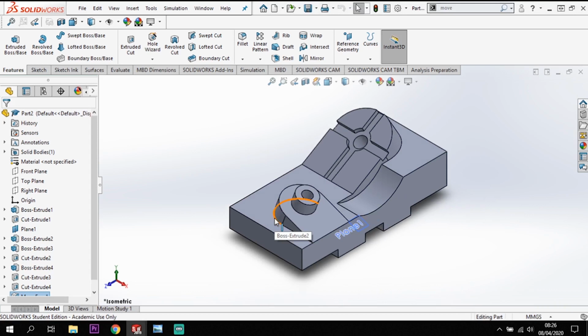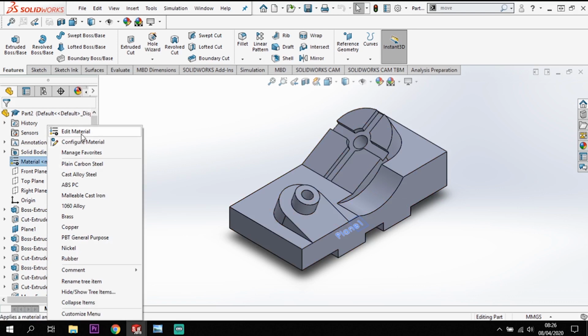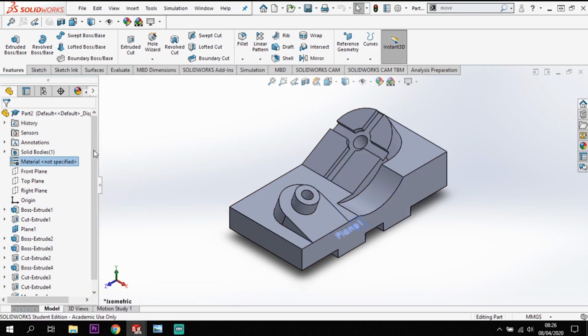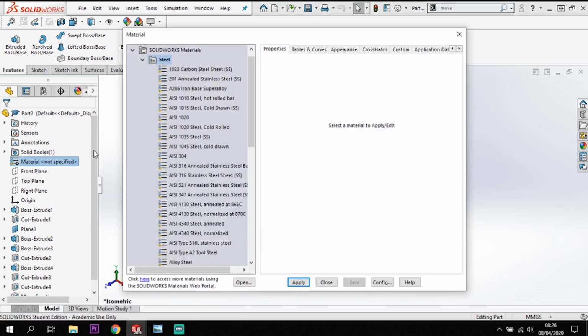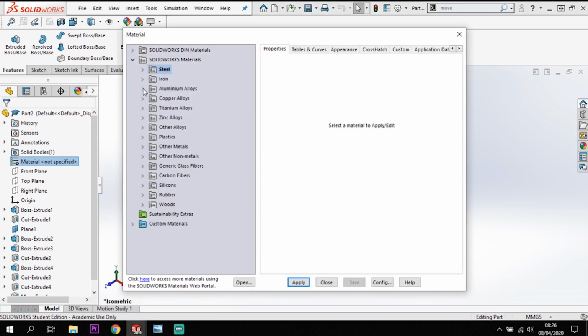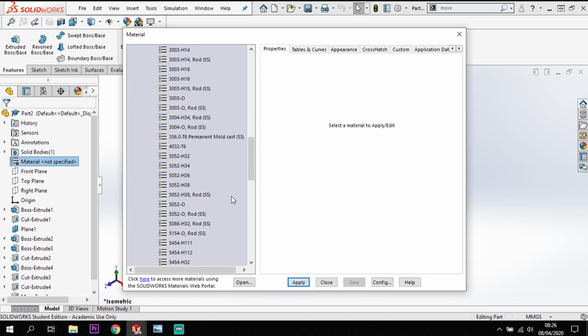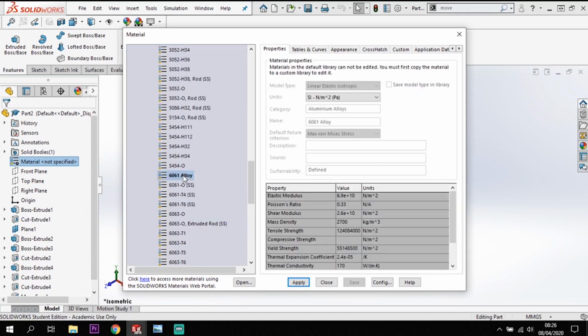Okay, so last little bit now is just adding a material. Now the material that we asked for in here is a 6061 alloy, which is an aluminium, so it's not steel. I'm going to go to an aluminium alloy, right down, and I'm going to go for 6061 alloy there. I can double check it's correct. We're after